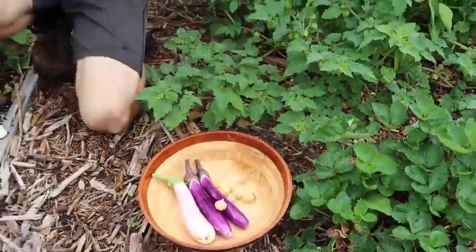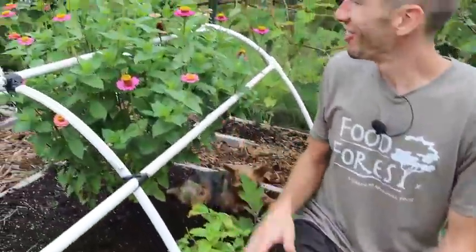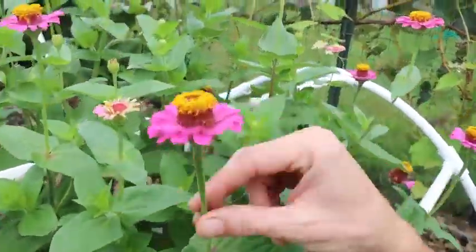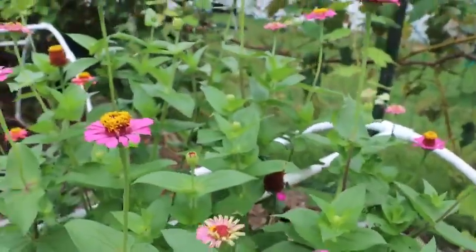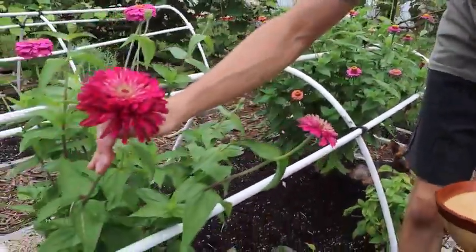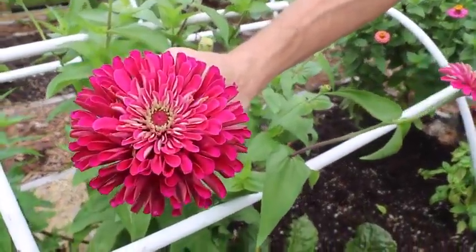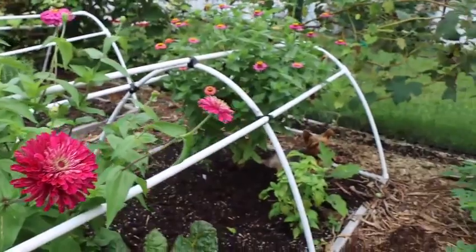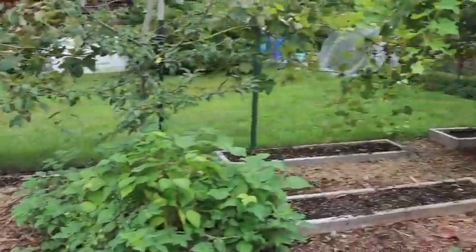I also wanted to show you, look at some of these zinnias right here. I love these zinnias, man, so much. Incredibly beautiful. And great producers. They just bloom throughout the whole season. Here's another one too. Look at this. This is just striking. Man, that's so beautiful. I want to grab a couple green beans over here too. Here's some of the dragon tongue